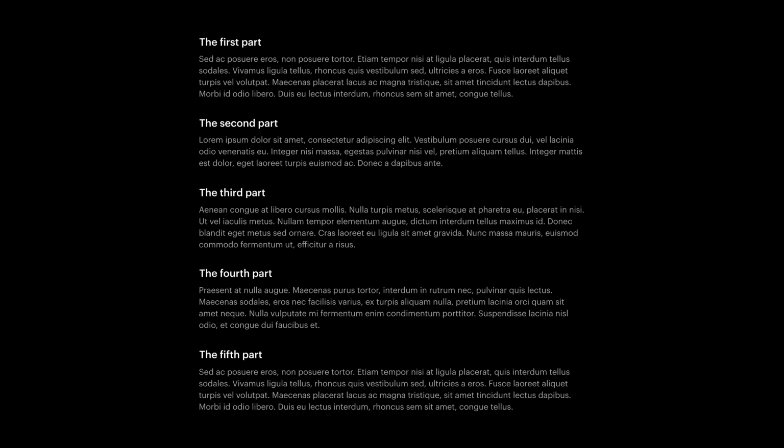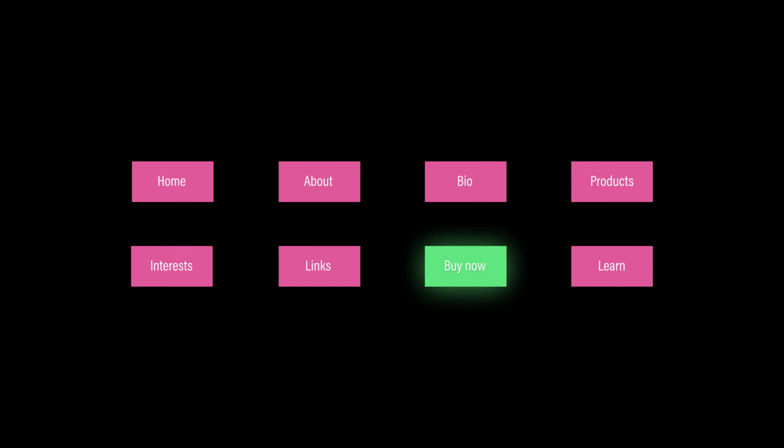Repetition saves our brains from getting overwhelmed, and that's the point. It establishes patterns. Our brains love patterns, just like they love symmetry and balance. But there's an even more interesting concept here. Repetition sets the rules. By establishing consistency, we can break our rules and draw even more attention to something, like this button. It's different from the others. And breaking that pattern is what brings attention to it.